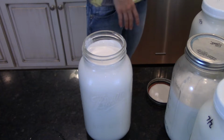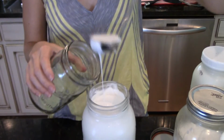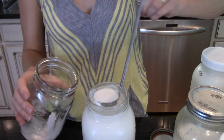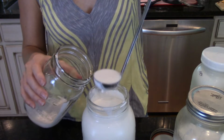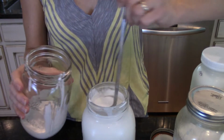And this is really the way to do it if you don't have a cream separator. I'm simply going to take a ladle, a nice little one that fits in the jar well, and I'm going to scoop the cream off the top and put it in another jar. Nice thick cream. I'm going to go through all of these jars and do that,